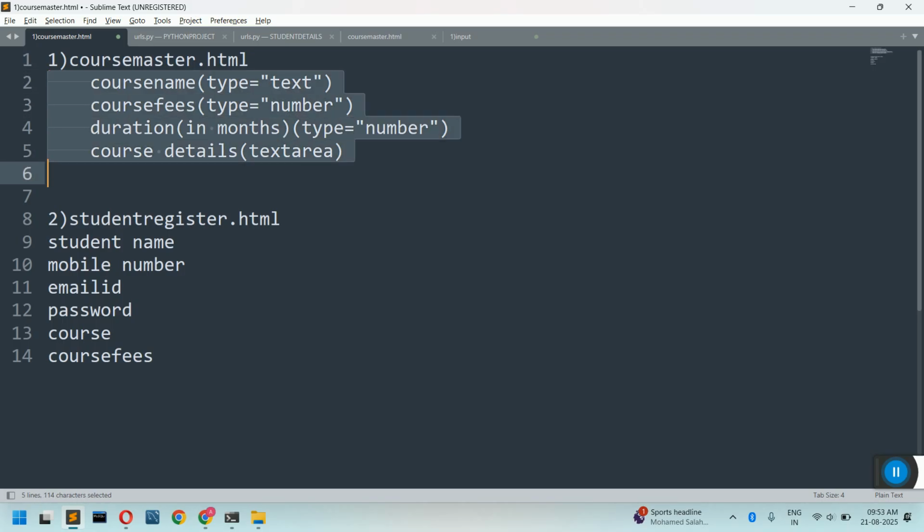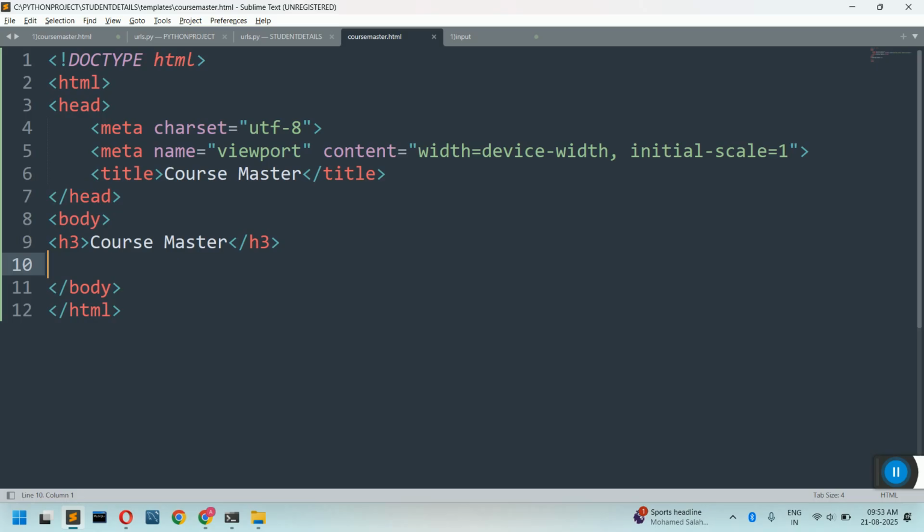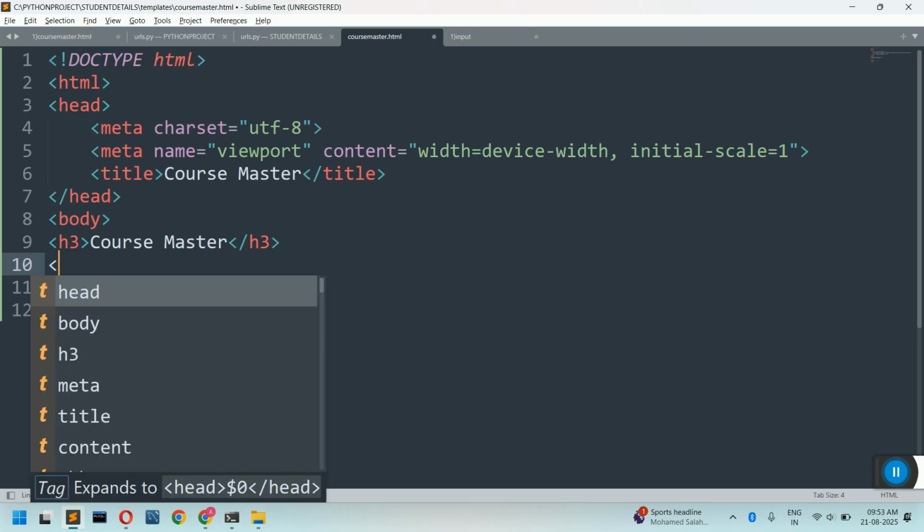case. So now we go and design the HTML form, in this HTML form we have to design all the user